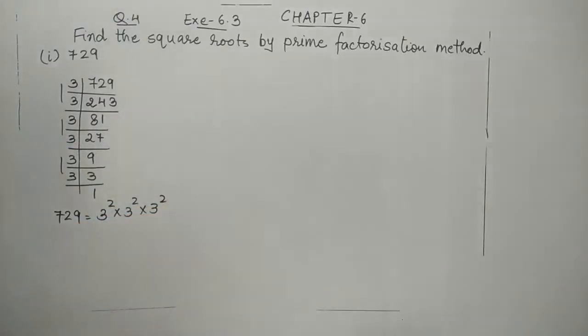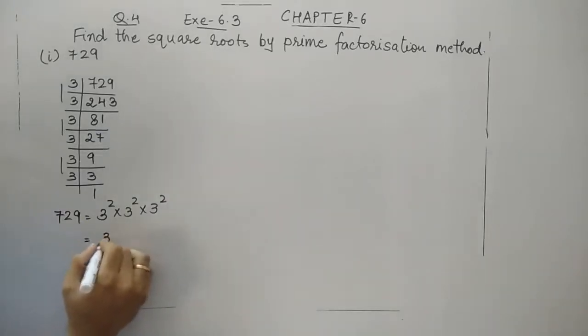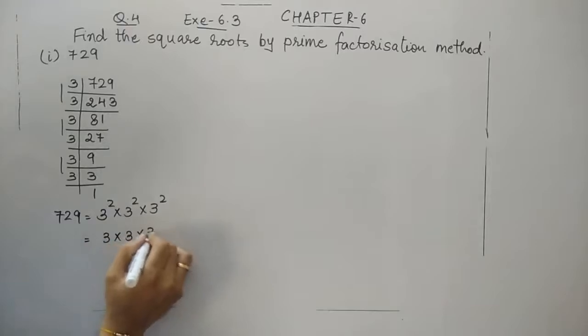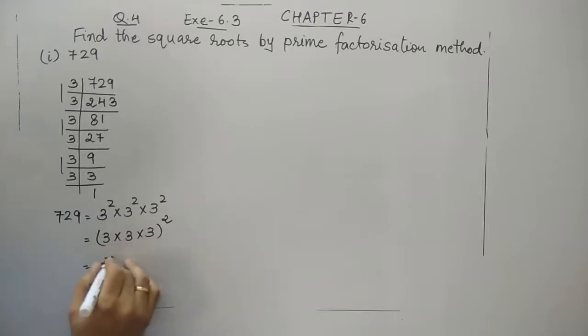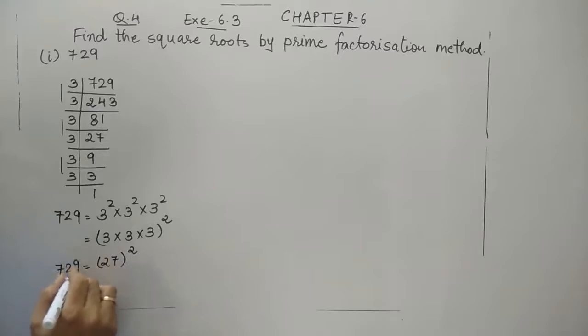हम डायरेक्ट 3 raised to 6 भी लिख सकते हैं, doesn't matter, वो भी सही है, but this is again one way to write it. हम हमेशा पेयर में लिखेंगे तो easy रहेगा. I have written the common square. 3 3s are 9, 3 9s are 27. So this is 729. So when I do the square root, we know that the square should be removed. So it comes 27. So here we come to the conclusion that the square root of 729 is 27.